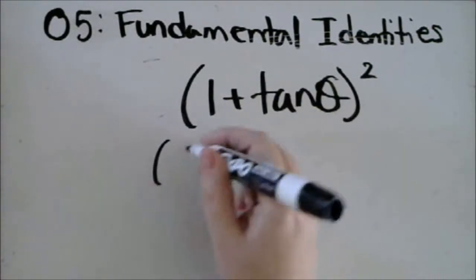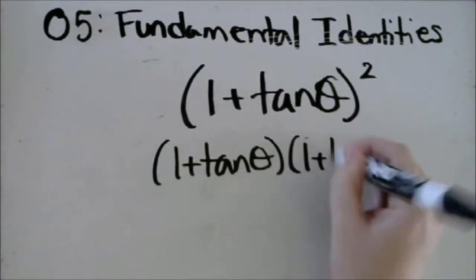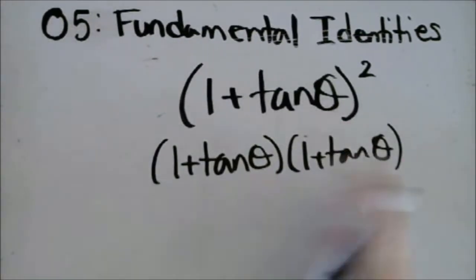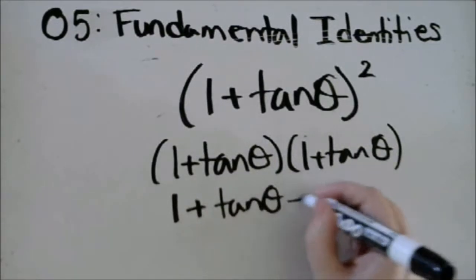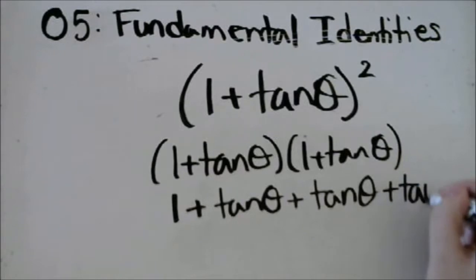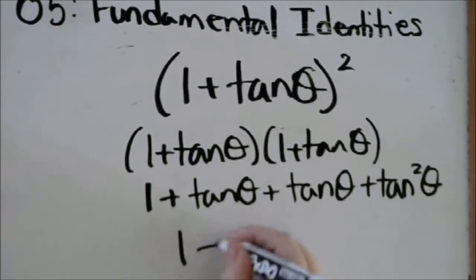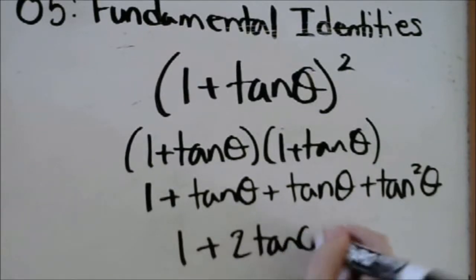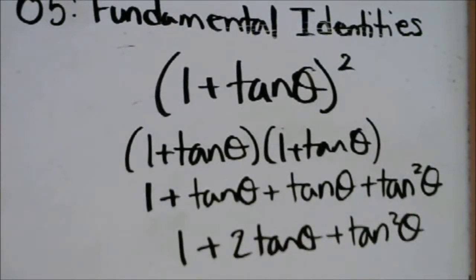To rewrite this, we would put 1 plus tangent theta times 1 plus tangent theta, and then we'd actually need to multiply this. Now the amount of scratch work you show when distributing out a product of binomials is going to depend on your own familiarity with multiplying binomials. As we get to the end, we find that this expression is equivalent to 1 plus 2 tan theta plus